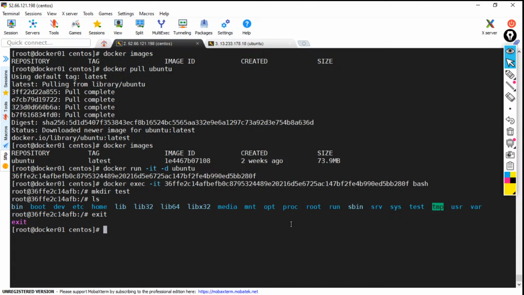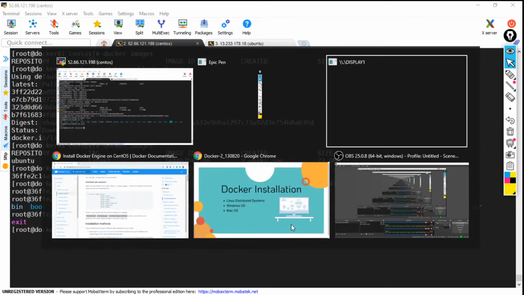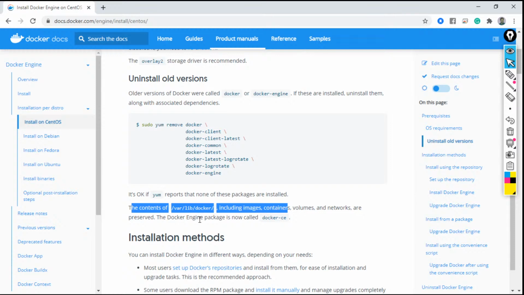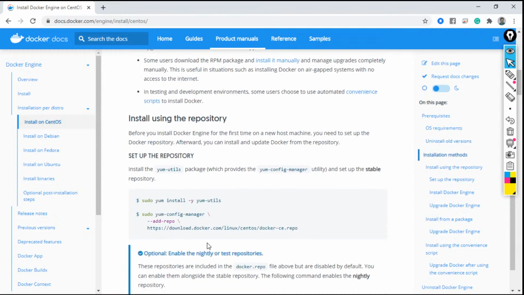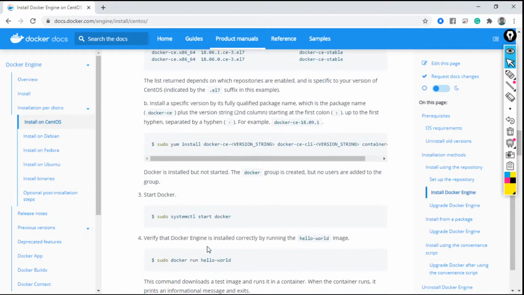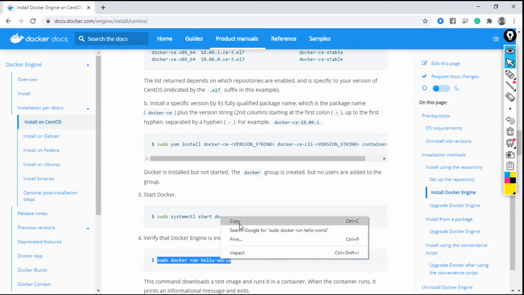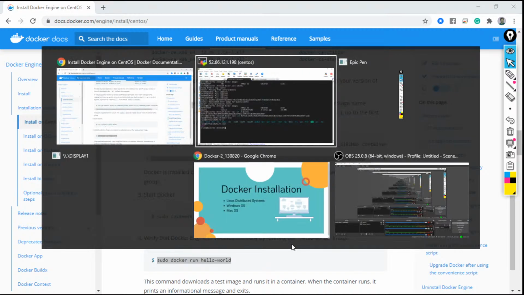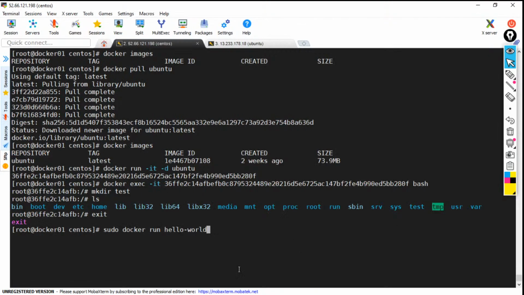For the Ubuntu machine also you can go to the Docker official website. If you want to follow the further steps, we have done up till here, start the Docker, run hello world. So if I run this command, hello world is basically an image. So we can try this also as the documentation says. So docker run hello-world. Hello world is an image on the Docker Hub. So if I run this command,